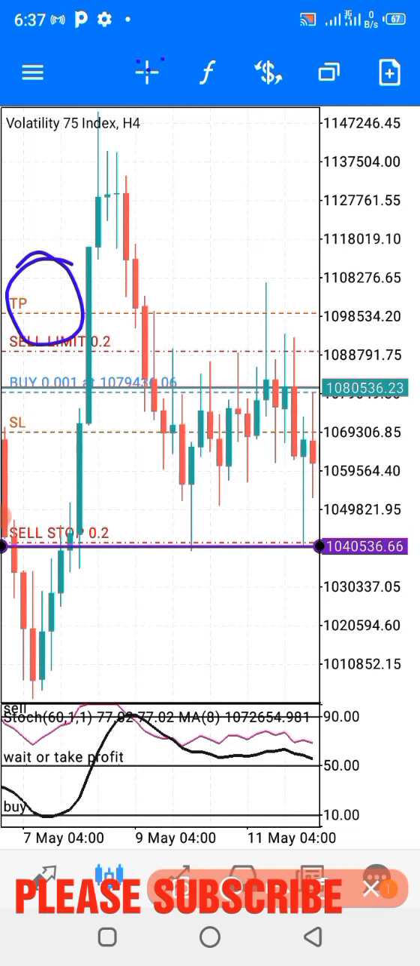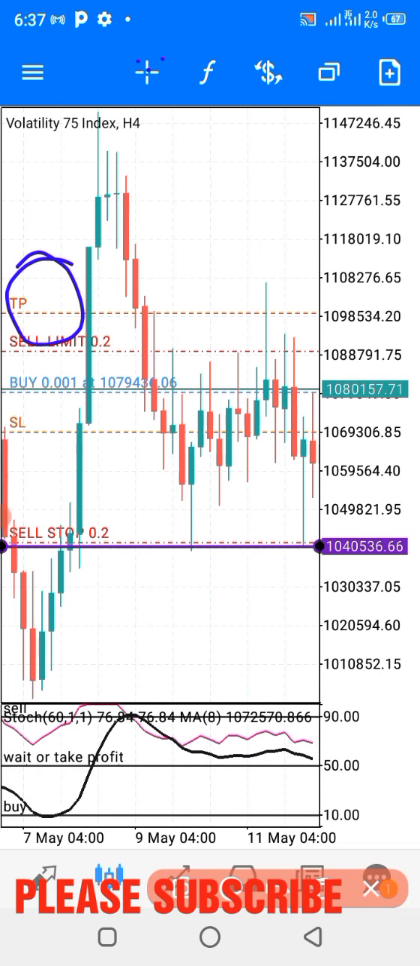4:1 is okay. Don't be too greedy. At times you can open multiple trades and use different risk reward ratios, but make sure your overall risk is not more than